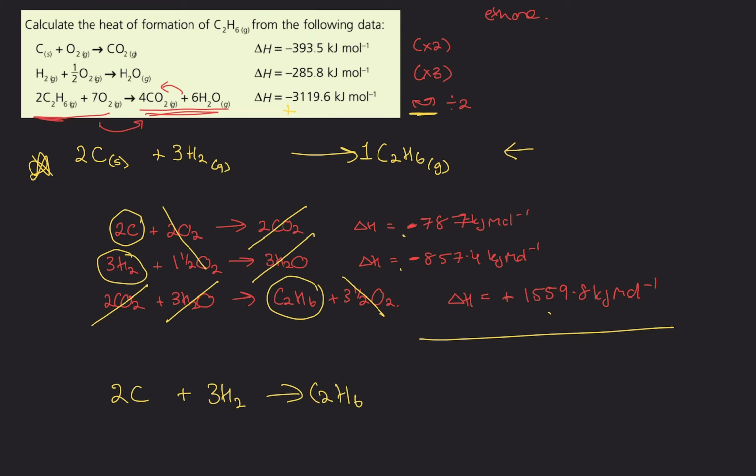So if you add minus 787, minus 857.4, and plus 1559.8, you will get a heat of formation of minus 74.6 kilojoules per mole. And that's the amount of energy that is lost when you form 1 mole